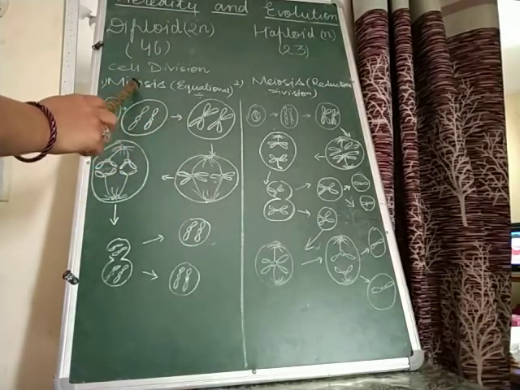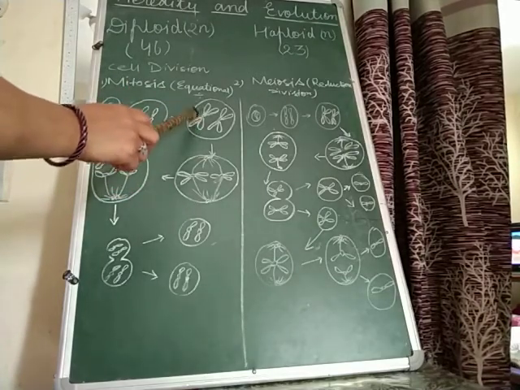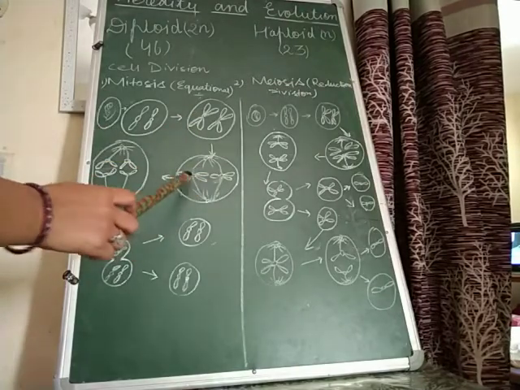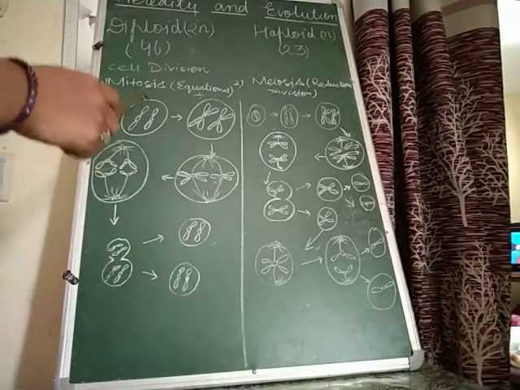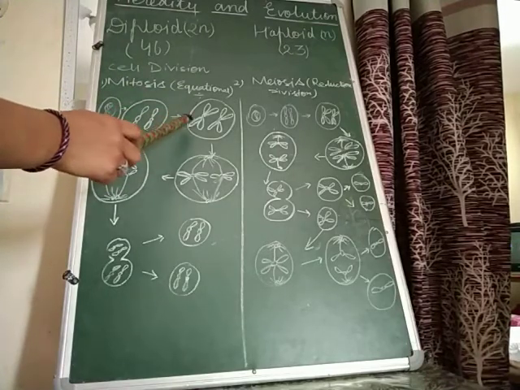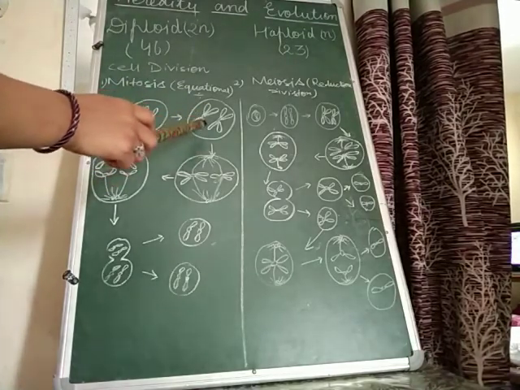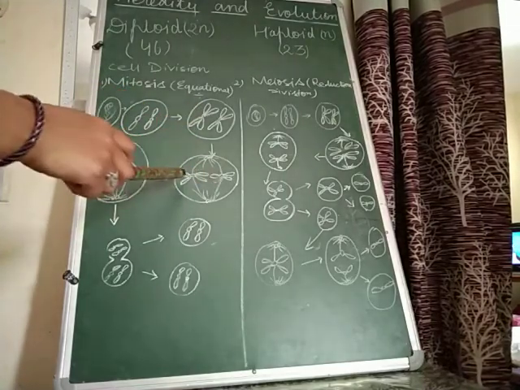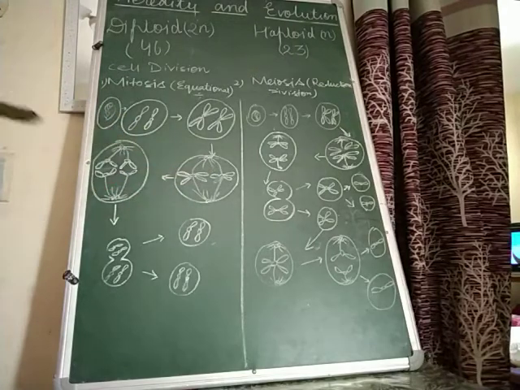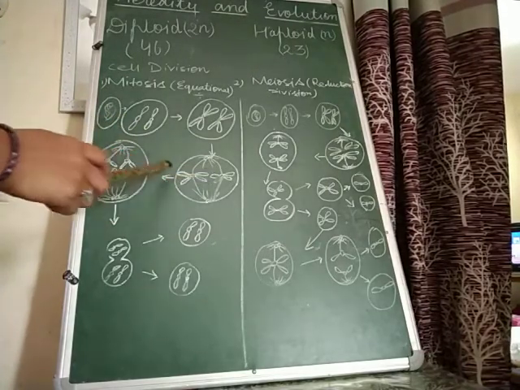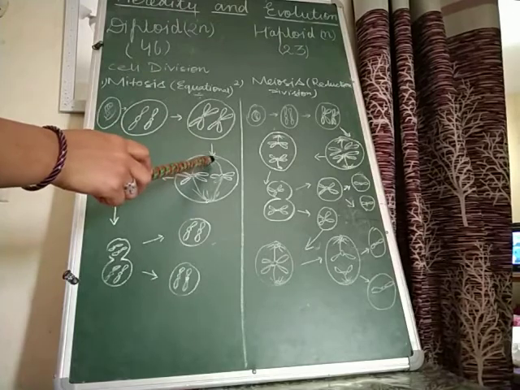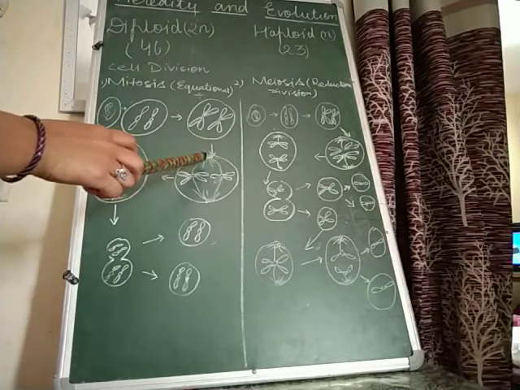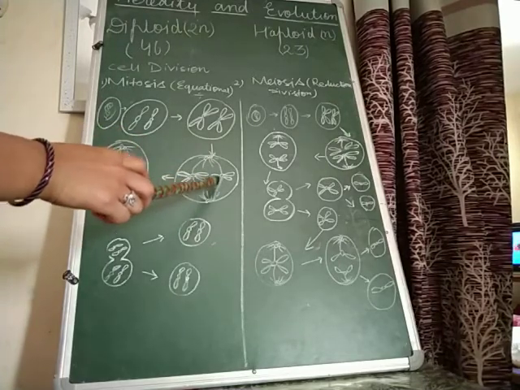During cell division, that is mitosis, these chromosomes, where the replica is formed, get arranged in the central plate. If you go to higher classes you will study that the chromosome becomes visible at the end of the prophase, and in metaphase they get arranged in a line in the central plate. After that there is formation of the spindle, or thread-like structures, from the centriole.